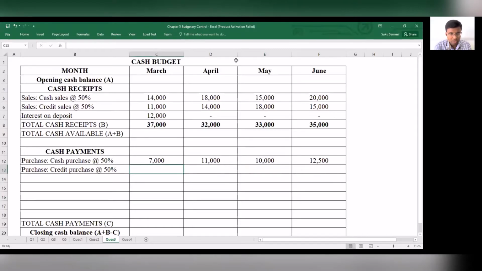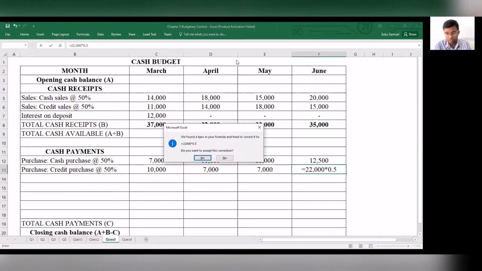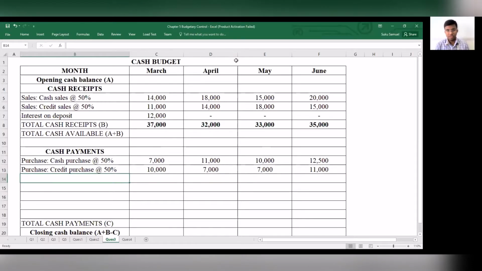Then you have credit purchase. Credit purchase for the month of March: in March you will be settling the credit purchase for the month of Jan, which is 20,000. So this will be 10,000. In April, you will be settling for February, which is 14,000, and 50% of that will be 7,000. In May, it is again 7,000. Then in June, you're settling for April, and April's 50% of 22,000 makes it 11,000. So we have completed with respect to the